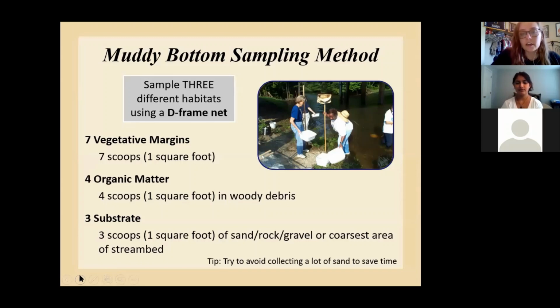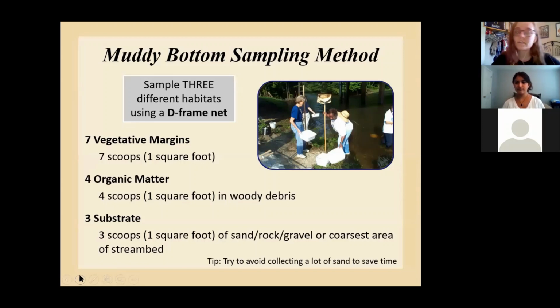And this is because the finer sediment we have in muddy bottom streams is not always as conducive to macros and what they like to live in. They like to find areas that are a little bit different than fine sediment, at least sometimes.